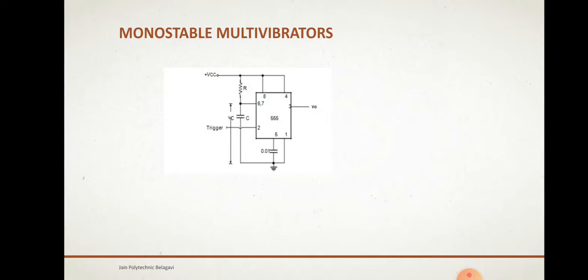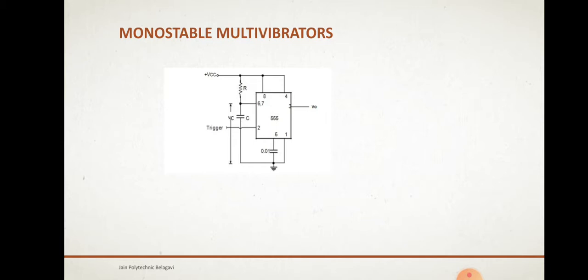and simultaneously allows the capacitor to charge from plus VCC through R. Remember that the low level of the trigger pulse needs to go at least below plus VCC by 3. When the capacitor voltage exceeds plus 2 VCC by 3, the output goes back to the low state. We need to apply another trigger pulse to terminal 2 to make the output go to the high state again. Every time the timer is appropriately triggered, the output goes to the high state and stays there